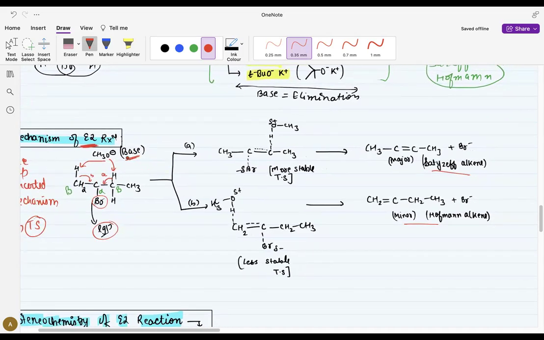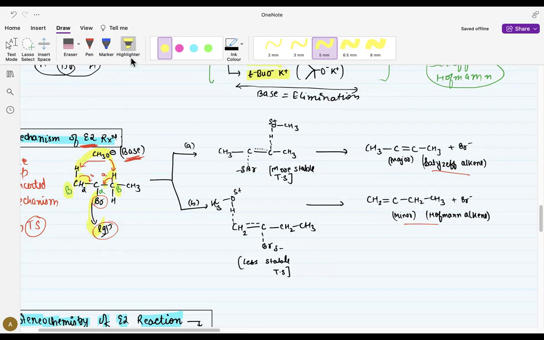We will understand. Let's say we have a base CH3O minus. First step, it can take hydrogen from here, make a double bond on this side and remove the leaving group, है ना? तो पहली चीज क्या करता है, यहाँ पर हाइड्रोजन को बेस यहाँ से लेता, यहाँ से डबल बॉन्ड बनाता और leaving group को रिमूव करता है। Second case, it can go to this beta carbon, two betas it has. So यहाँ पर जाएगा, ये वाले से डबल बॉन्ड बनाएगा और ब्रोमीन को निकाल देगा।